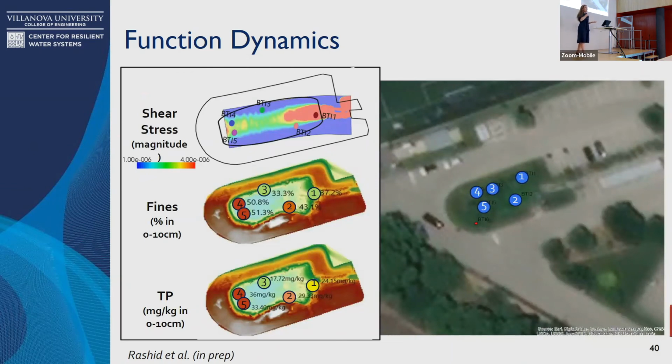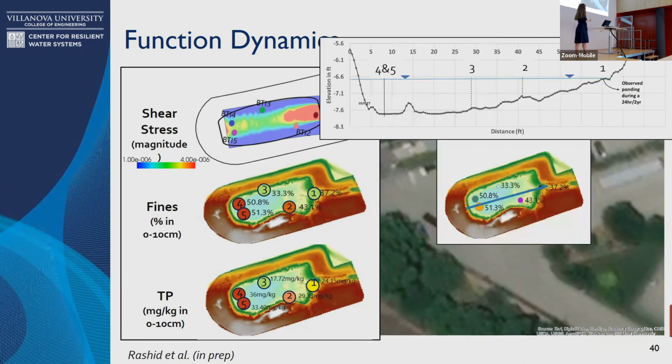This repetitive thing where you have a high shear stress, you're not getting a lot of phosphates, and you're not getting a lot of nutrients, and you're not getting a lot of fines. All your problems are happening in the bowl. And so we took from rivers and we applied it to GSI, but what if we then went the other way? Oh, sorry. This is just another example of showing the topography and the cross-section, so you can see where you have the biggest slope change and also the biggest shear stress change happening.